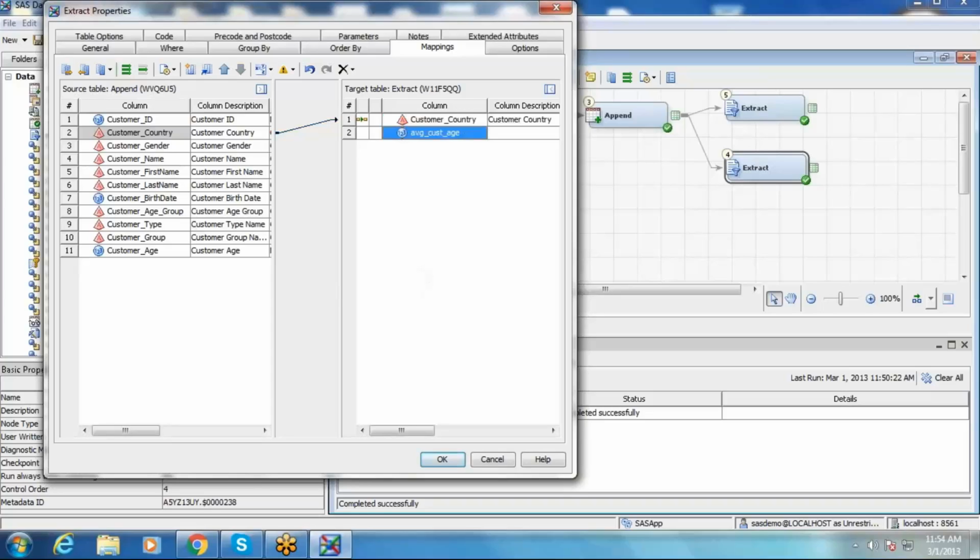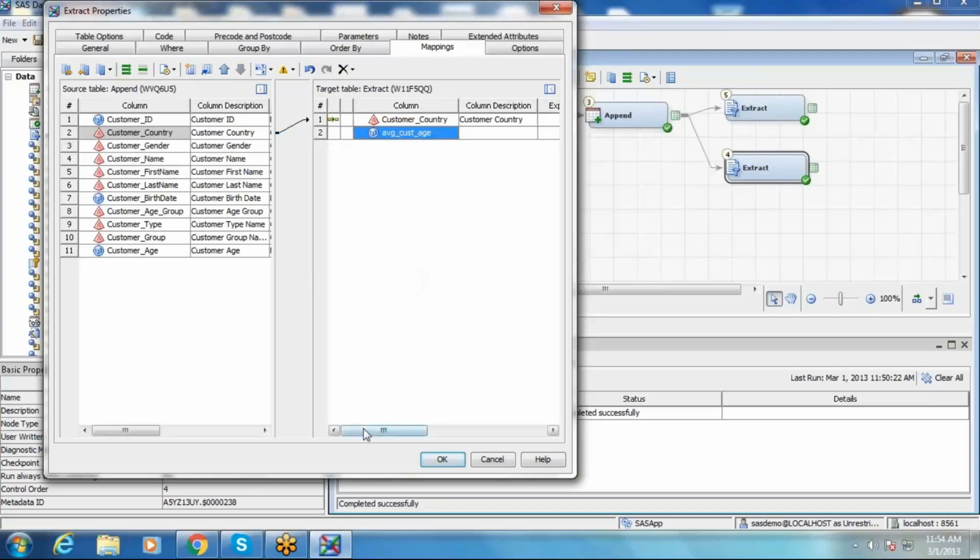So where will you write? You can see an expression tab over here. If you move to the right side, you can click on that. Here you can see a button. Just click on that. You can choose columns or you can write your expression. For writing an advanced expression, you can go with advanced, or if you want to straight away use some column name, you can use choose columns.